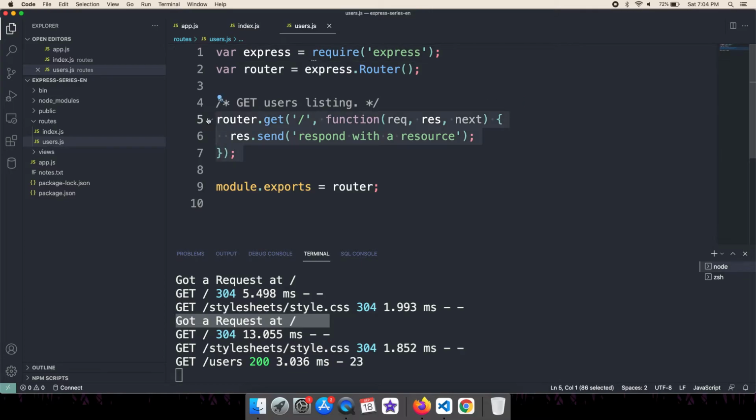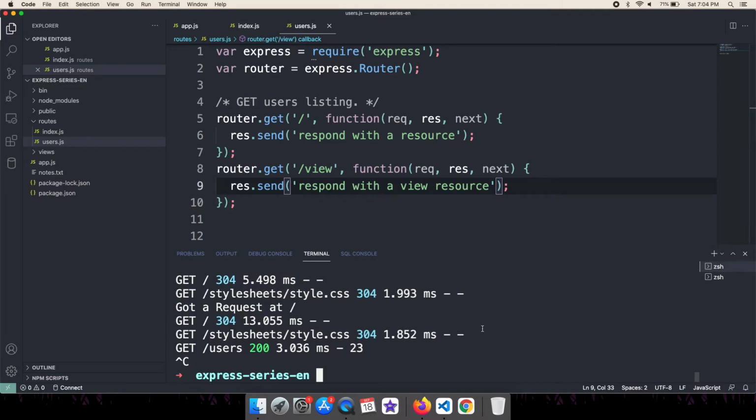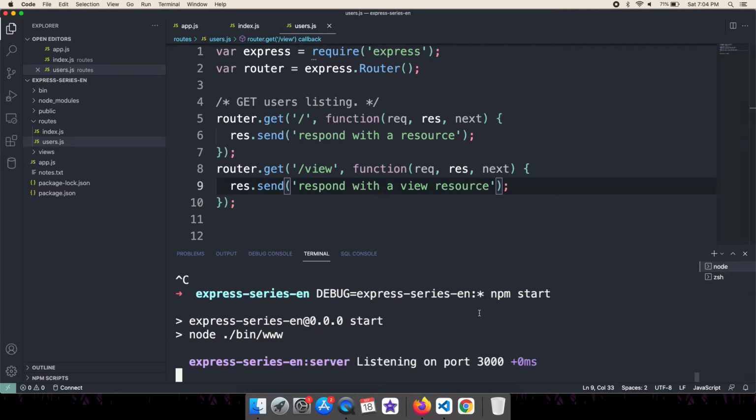But when you add some other URL, say we are adding one more URL to the users route, and here the path is view, and we are changing the output message so that we can test things, and we are restarting the server.